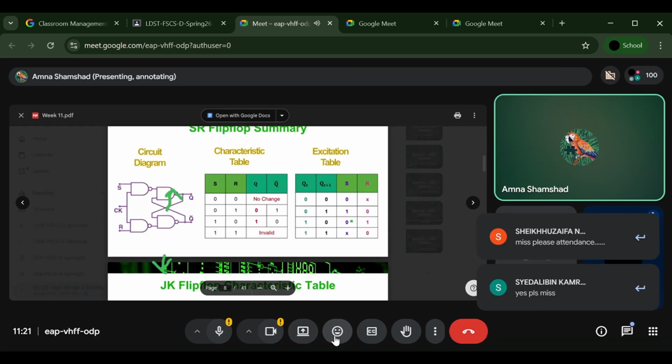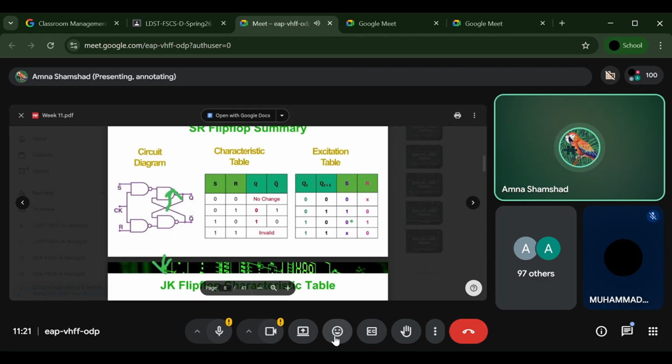Okay, class. You have to draw these diagrams in your copies, and then you have to check the combinations. You have to verify any 2 combinations for each flip-flop, taking the initial state as 0, 1. Is it clear to all of you what you have to do? This is your task till Monday's class. In Monday's class, inshallah in a physical class, we will start with the next topic.